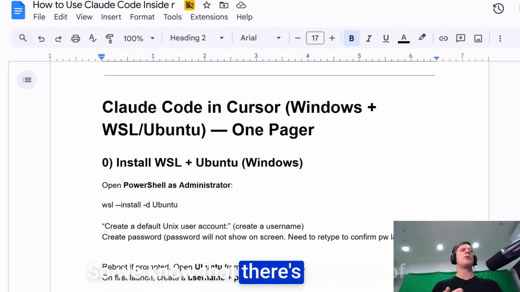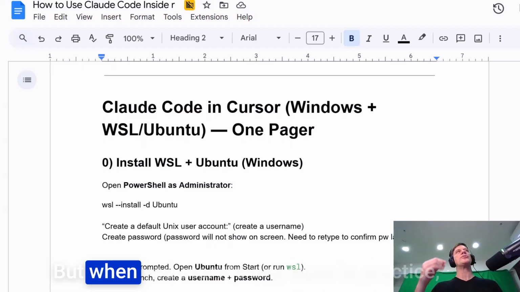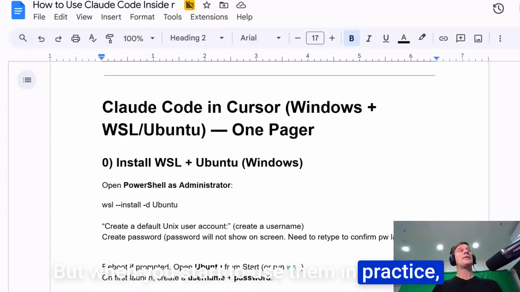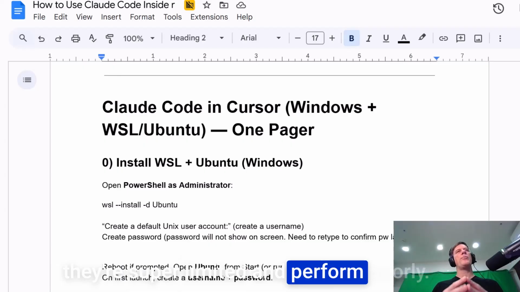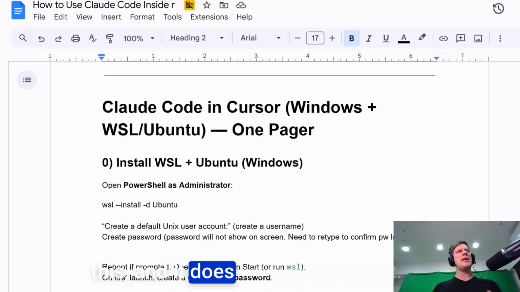So we know that there's all kinds of extensions and plugins, and there's even MCP offered to the desktop app. But when you start to use them in practice, they're super limited and they perform poorly. In my previous video, I do demonstrate this, and it does work to an extent, but guys, once you